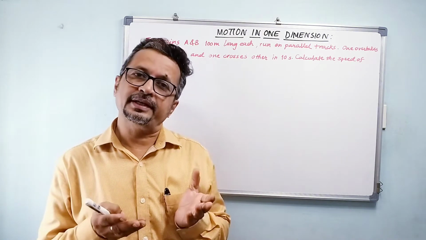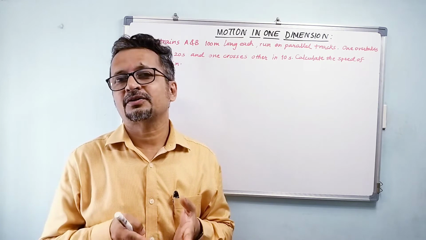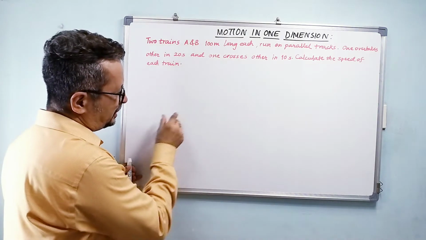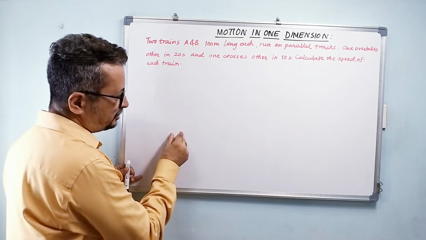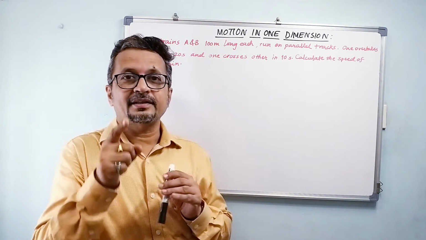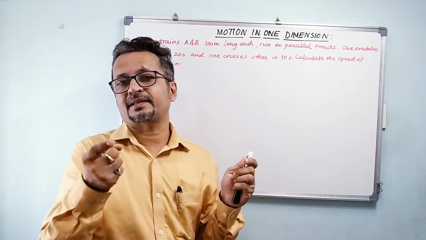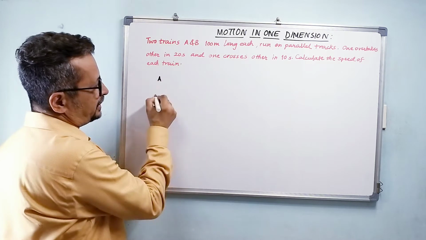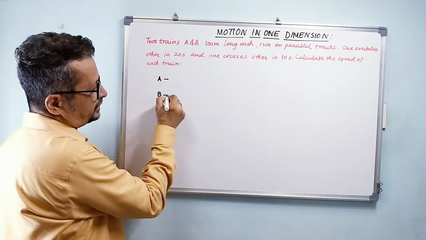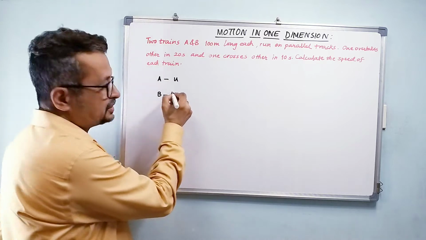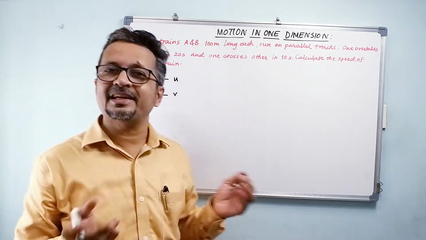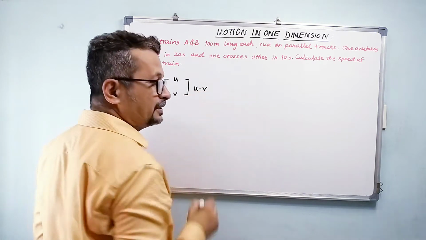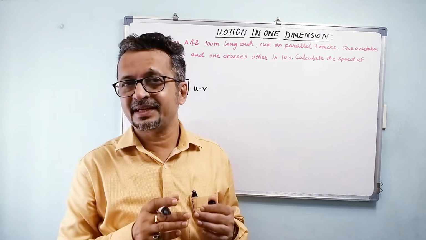Now when we say overtakes, that means both of them are going in the same direction. So one train is here, the other train is here. This is moving with some velocity and the other train wants to overtake it. Then the speed of the second train has to be greater. So what does it mean? If the speed of train A is u and the speed of train B is v, then what is the relative speed? The relative speed would be equal to u minus v. They are traveling in the same direction.